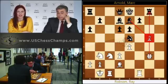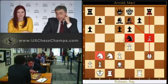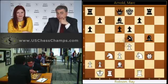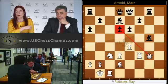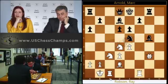After Rook G1, yeah, I'm thinking that this knight on E5 is actually too dominant. My knight on B3 does not impress. How about a move like knight D4, inviting you to capture this? The idea, straightforward as it is, is that I want to get rid of this knight on E5. If I can provoke you to trade, I have exposed this D6 pawn. And if I don't trade and I play F6 instead...